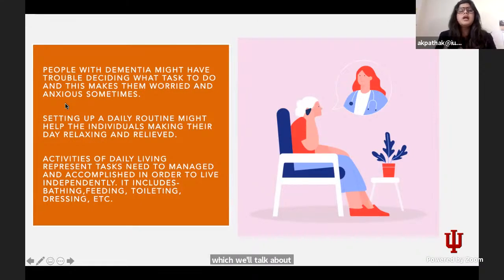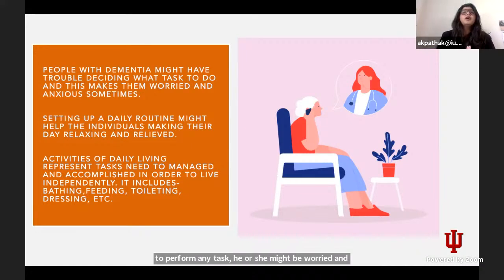If a person is unable to perform any task, he or she might be worried and anxious sometimes. So setting up a daily routine might help the individual make their day relaxing. For example, there are a few things which generally a person, even with dementia, can remember. So that's the irony that, for example, if we show the individual with early to mid stage that